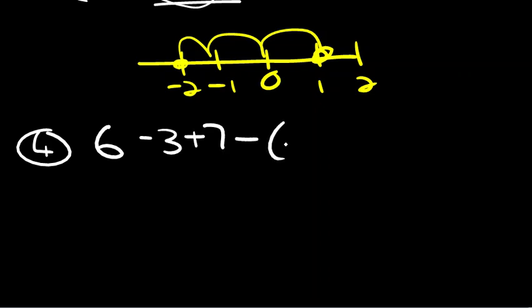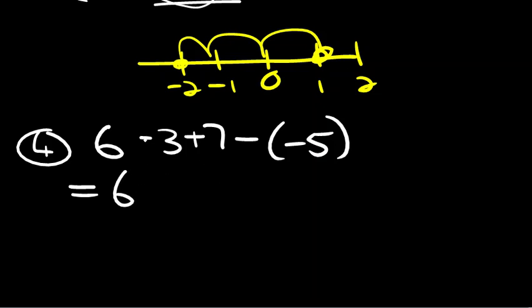Okay, let's look at another example and see if we understand this adding and subtracting of integers. Okay, this is now going to be the last example. So let's say you have 6 minus 3 plus 7 minus negative 5. Okay, so what are we going to do? Well, first of all,